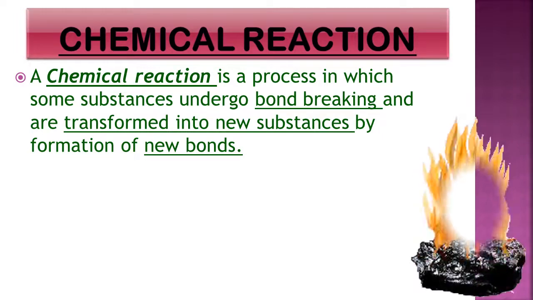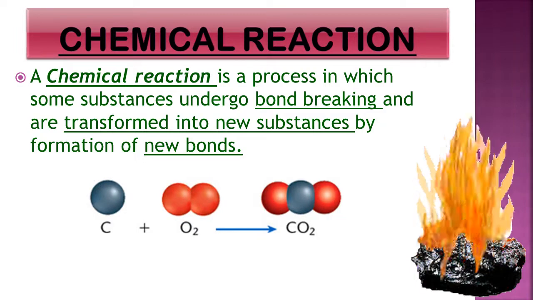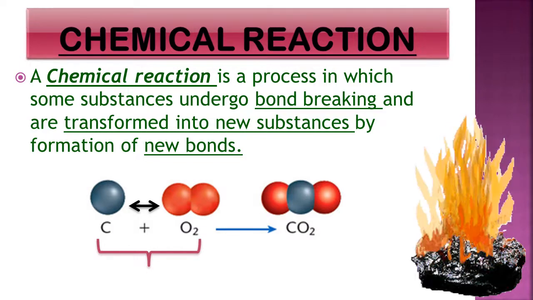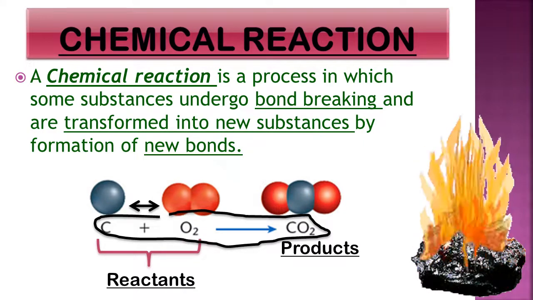All right. Here we can take the example of the formation of carbon dioxide gas by combustion of coal in air, which is a chemical reaction. Carbon is combined with oxygen in air to form carbon dioxide. The bond formation takes place between carbon and oxygen to form carbon dioxide. Carbon and oxygen combine together to form a new compound, carbon dioxide. Here carbon and oxygen are called the reactants, and the carbon dioxide that is forming is called the product. This is a chemical reaction or chemical equation.